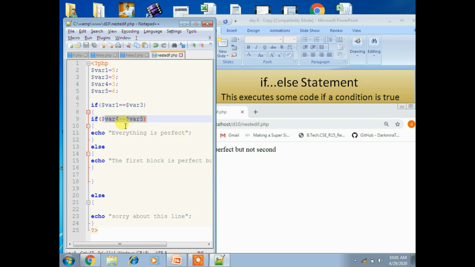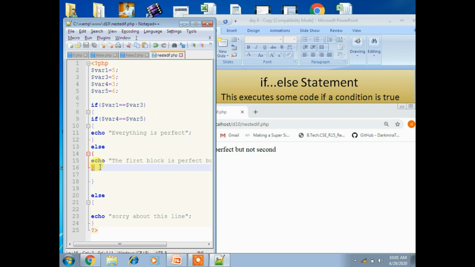Otherwise, it displays the else part. I think you understand the concept. A nested if is nothing but placing an if else statement in the first block of an if.